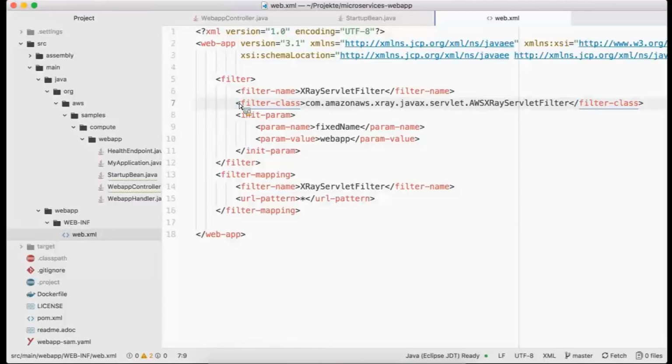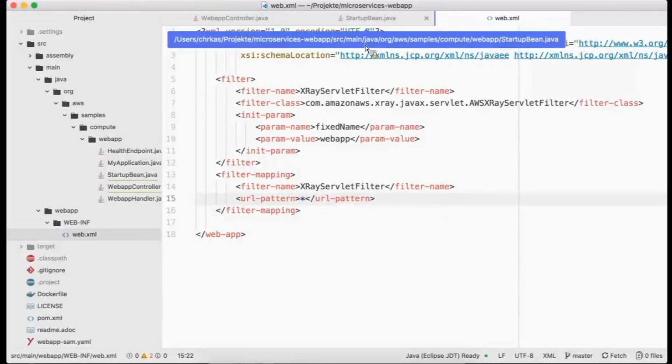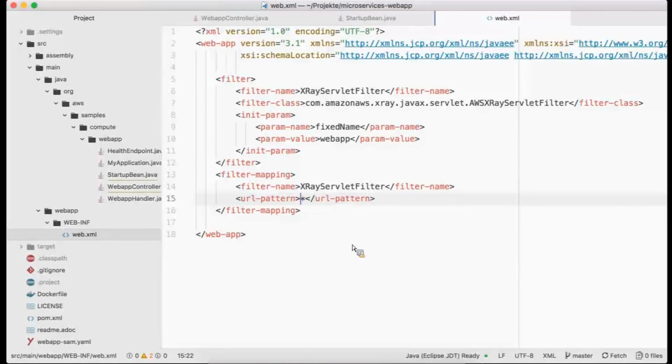So if a request comes in and it doesn't have a tracing ID attached, the filter will attach it. If it does have a tracing ID, the filter will pick this up and then use that trace. And we're just doing that for all and every request, and we don't care. So we see everything. So that's the first thing you need to do to instrument your application to use Xray